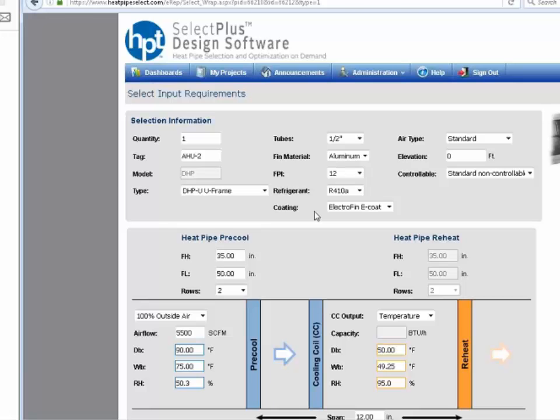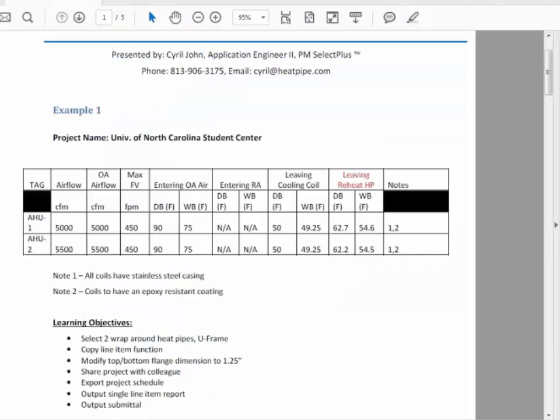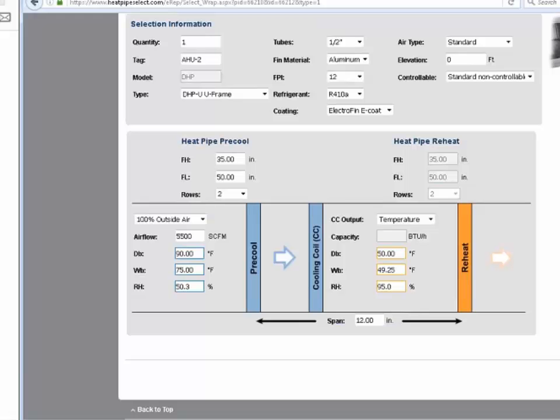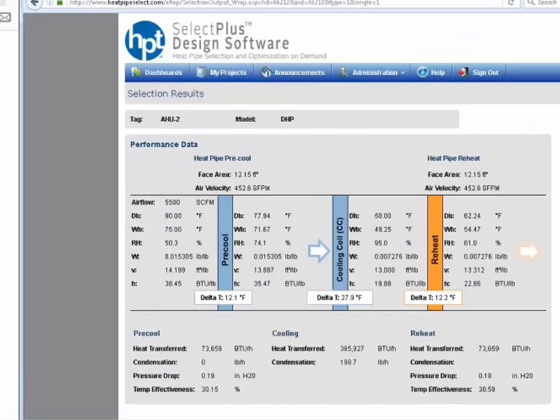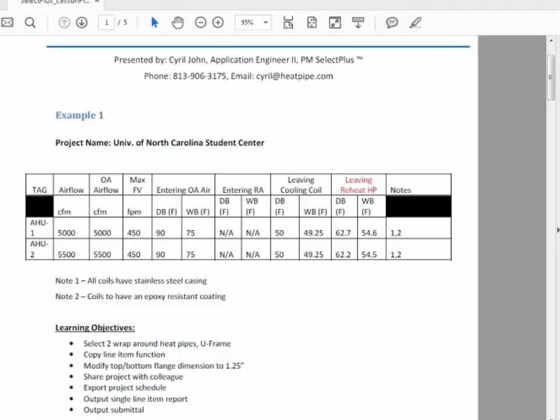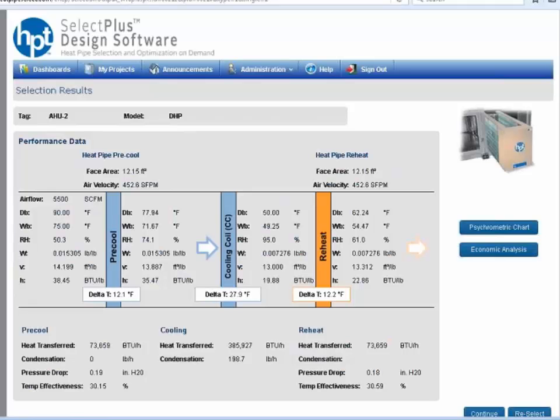So for this example, the job wants U-frame, so we're shipping this, let's say, to an air handler manufacturer. So let's keep it as a U-frame. The airflow is 5,500 CFM. Let's keep the same fin height, fin length, and hit calculate. And for this one, I'm looking for a reheat temperature of 62.2. 62.2 is exactly what I'm getting. Continue,